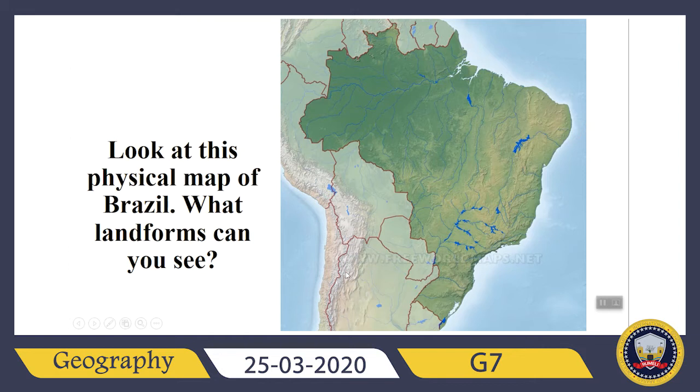Or later we will see that this part here will be way much darker in terms of high altitude than here. So, but nonetheless, we have some mountains and some highland plateaus here,